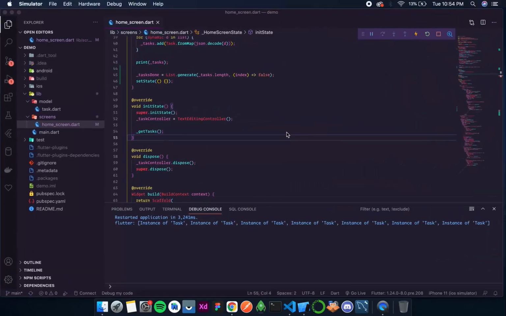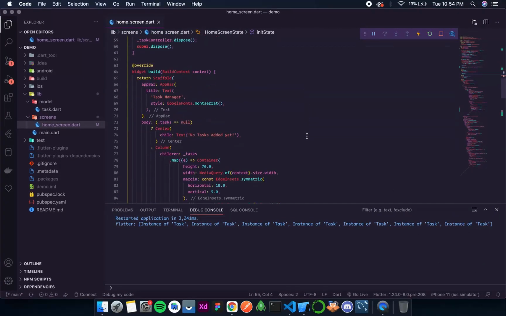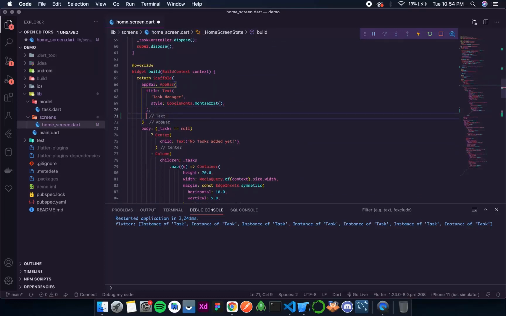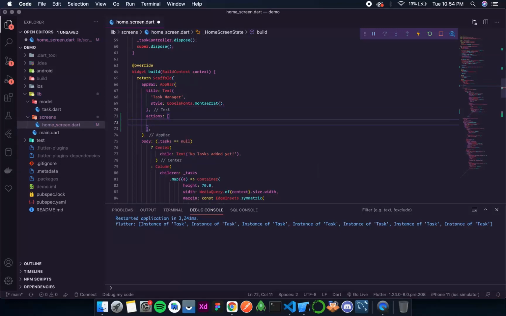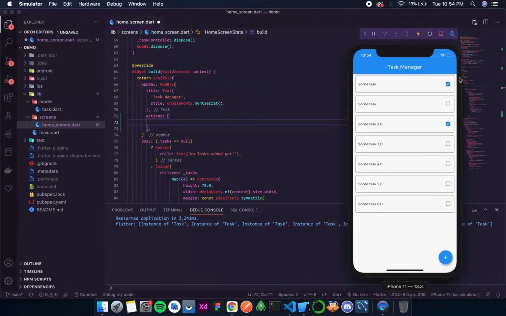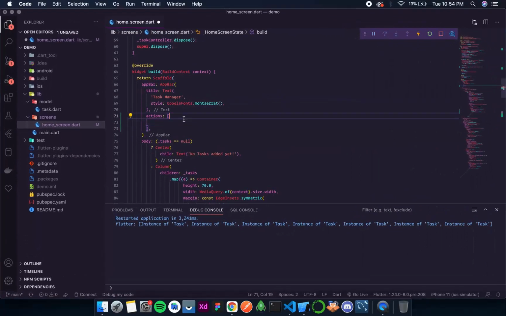So let's do that. Inside the app bar we have another parameter that is called actions. It takes a list of widgets that will be displayed here starting from right to left. So we just need one, and that is an icon button.